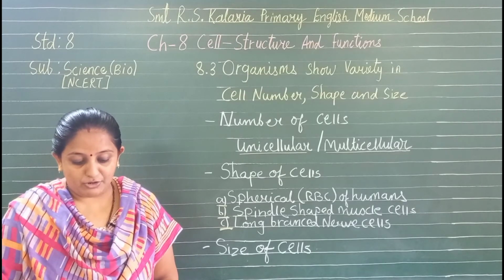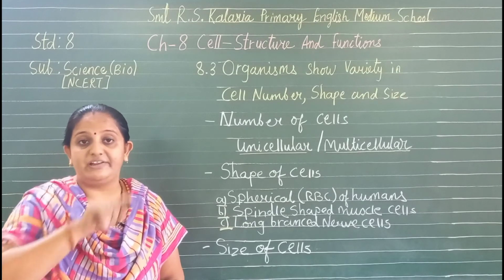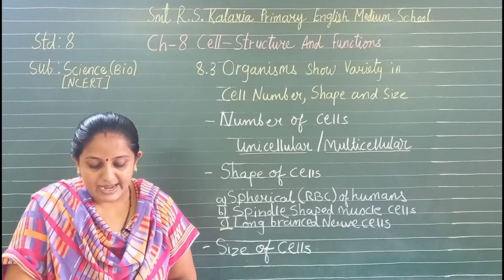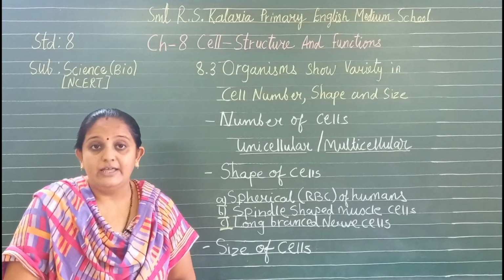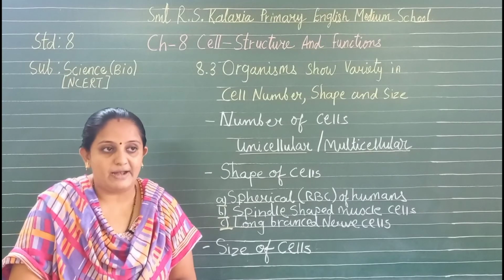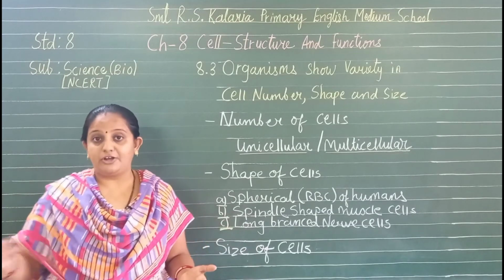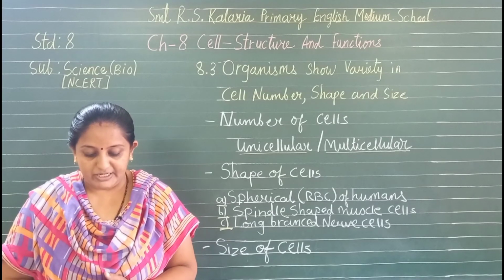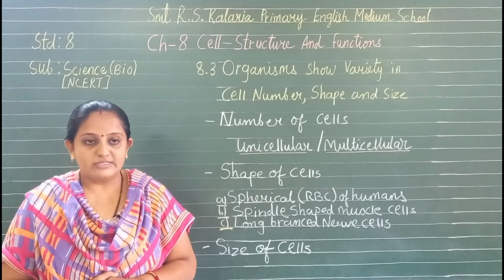Can you guess which part of the cell gives its shape? Components of the cell are enclosed in a membrane. There is one layer, this is known as a membrane. Now this membrane provides a shape to the cells, and with an additional covering, a membrane provides shape to the cells of plants and animals. The cell wall is an additional covering over the cell membrane in plant cells. Now the cell wall is generally present in plant cells and absent in animal cells. Later you will understand the comparison between plant cell and animal cell. Now this gives shape and rigidity to these cells, and bacterial cells also have cell walls.